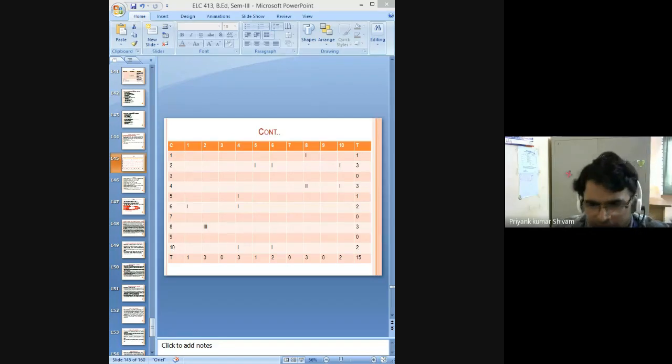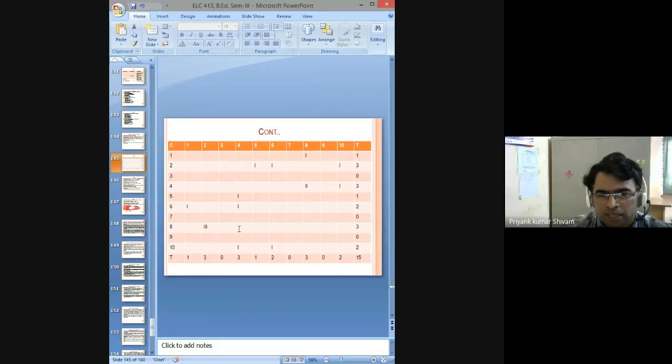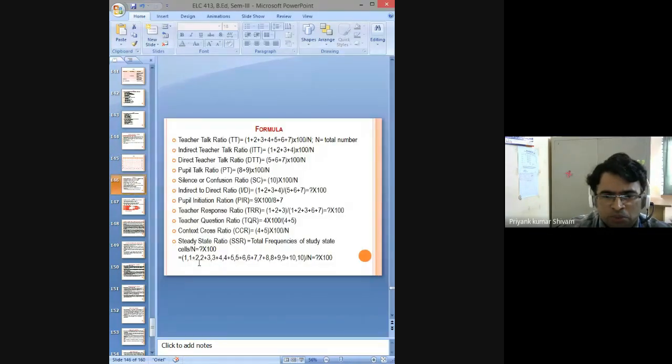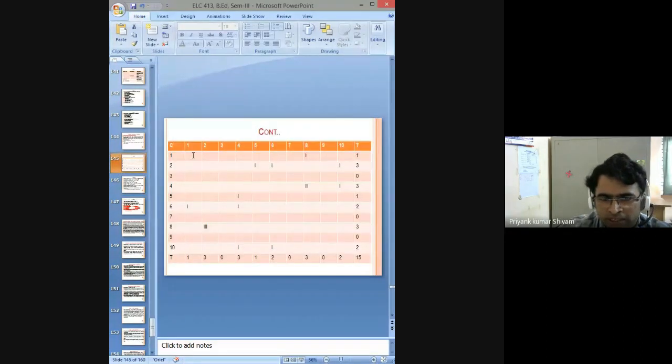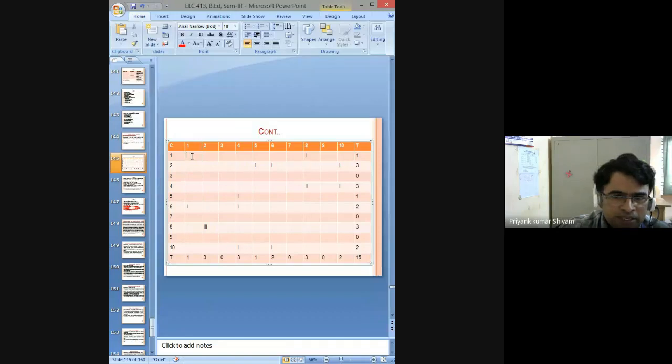Okay, last one, the PI value. Just I am telling. Sumita, your question is about the STD part. Now see here, that is the row part, that is the column part. The value is in that STD 1 1, 2 2, 3 3, 4 4 like that. So you have to come to 1 1, this will become the value if it is there. Then the second value here, third value here, fourth value here. The value is 0, that means nothing is given, so the value will be 0. Like that you have to do.